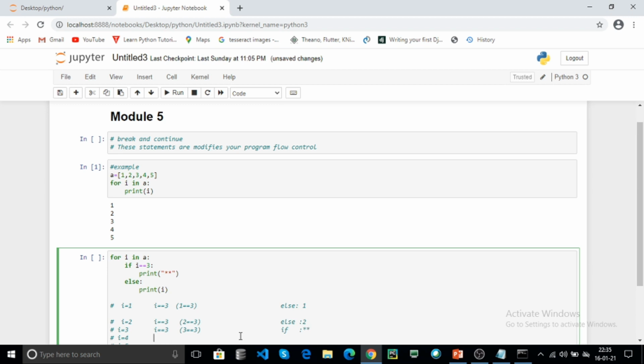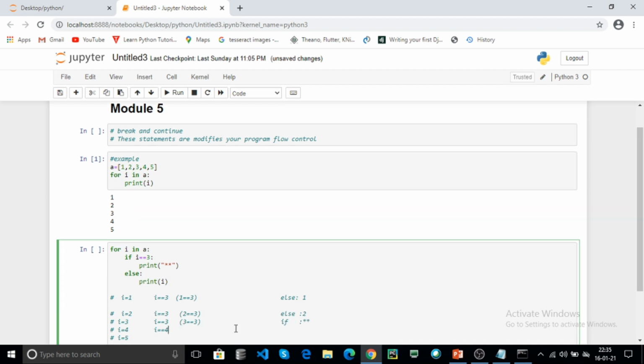In the fourth iteration i equal to 4. The condition is false. 4 equal to 3, the if condition is false. The else block is executed. Here print i, that is 4.